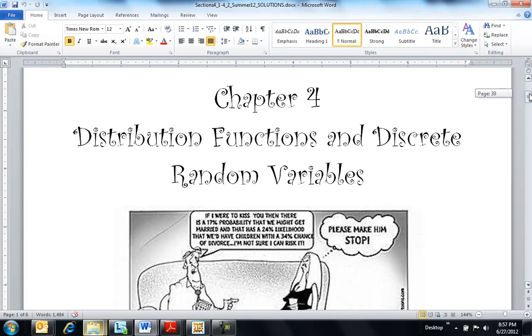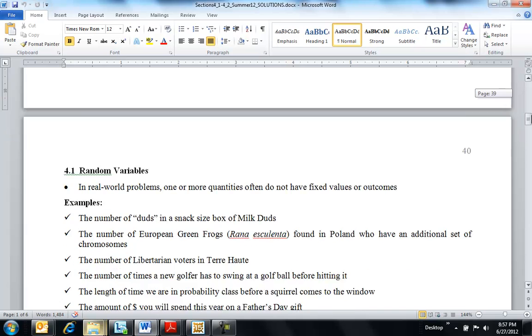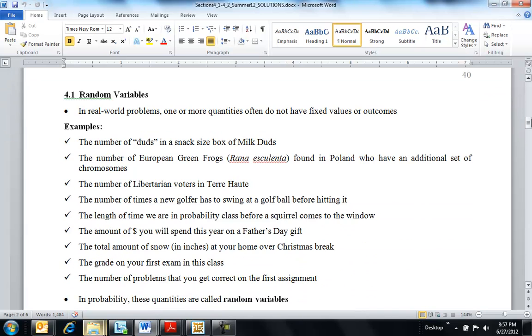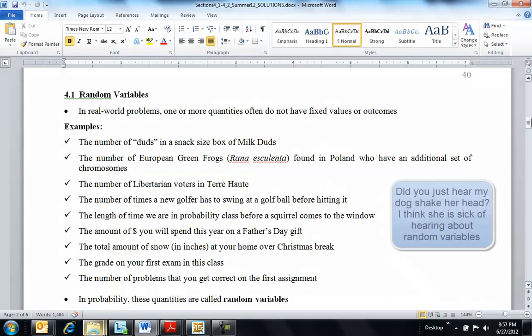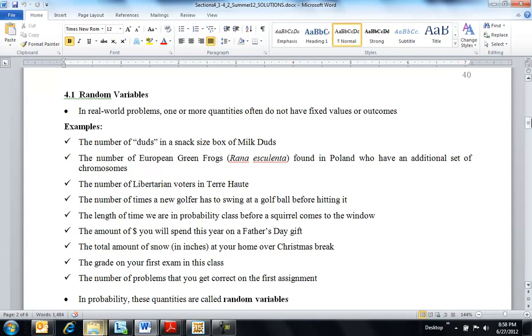So I'm going back to chapter 4.1 on random variables. This was a nice section. The main purpose of 4.1 is that we are switching from thinking about a sample space to looking at that sample space and defining some numeric quantity on it. So we want to make a sample space quantifiable in some way now. We're going to do that by assigning a variable, which we could make anything on that sample space. And then eventually we'll put probabilities with that random variable.